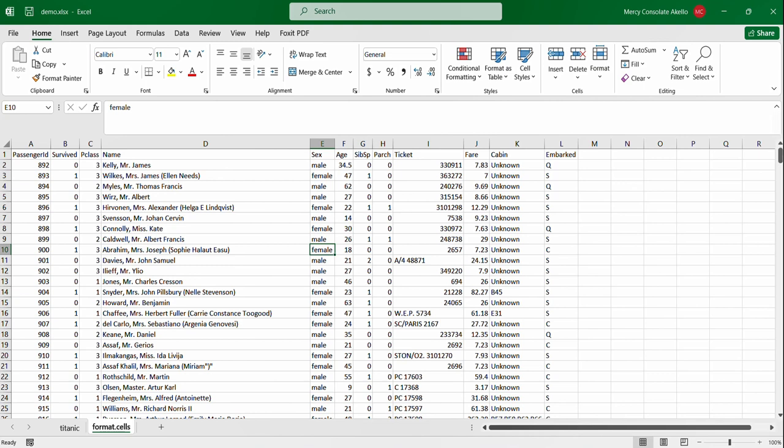In today's video, I'll be showing you how you can hide and unhide rows, columns, and sheets in Excel. My name is Mercy Consolata Kello. Let's get started. So, you may be interested in viewing only selected variables or rows, or even the sheet of